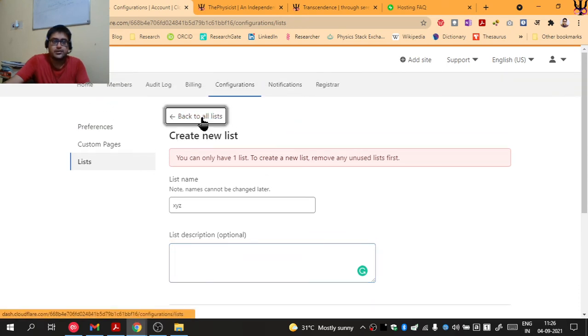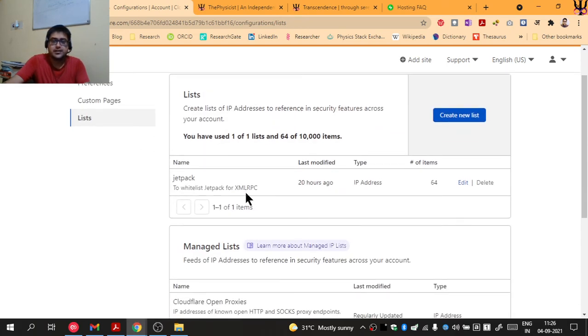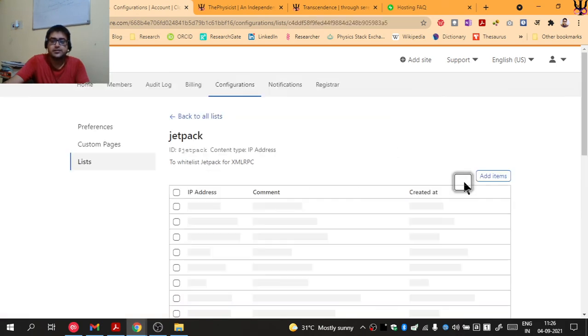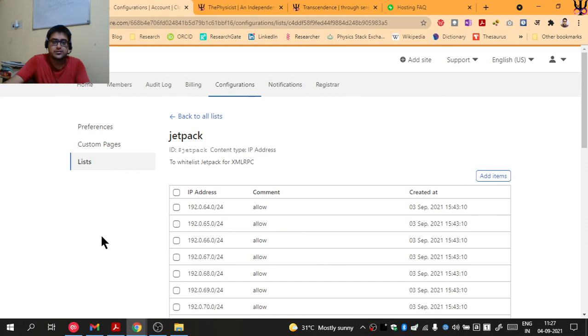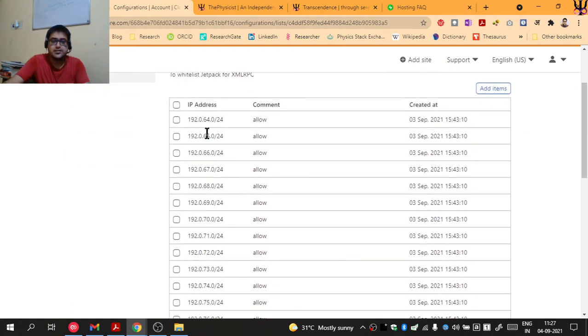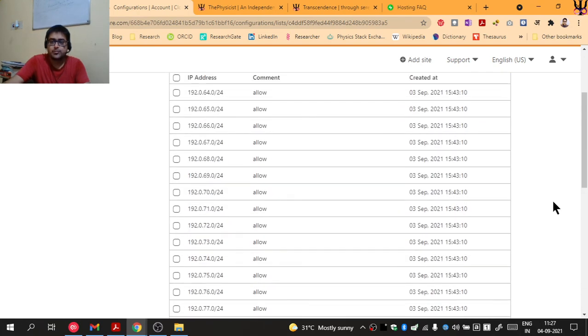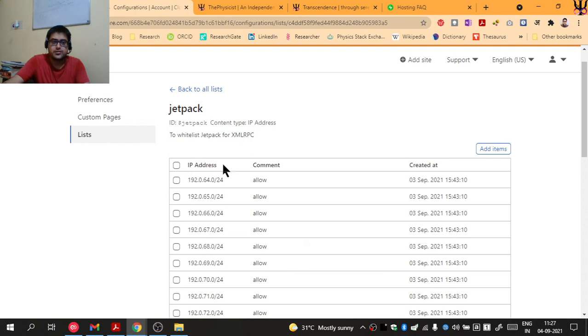So what you can do is, when you create a list, you can edit the list. I'm just going to show you how the list looks. It's basically a list of IP address, comment, and created at. This third column is automatically populated. It will only have two columns, IP address and comment. So what you need to do is